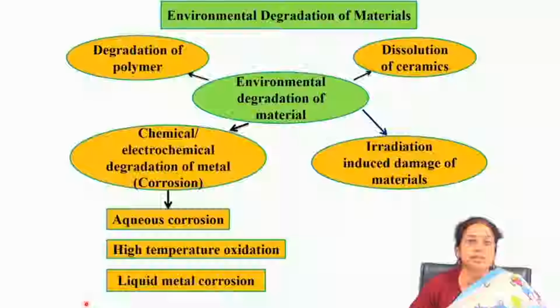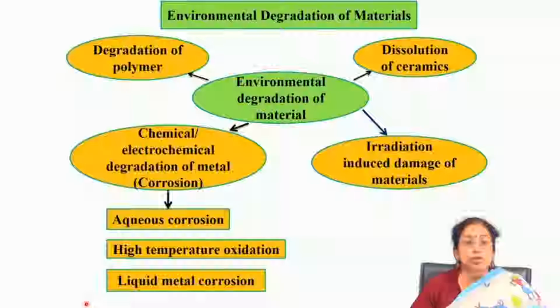This usually occurs because of absorption of moisture from the environment, or degradation of its structure because of attack by environmental light or UV radiation. So, usually there is degradation of polymeric structure. If you talk about ceramic material, there is either dissolution or maybe dissociation of ceramics at very high temperature. There is also irradiation induced damage of materials, but on the other hand if you talk about metallic materials, usually